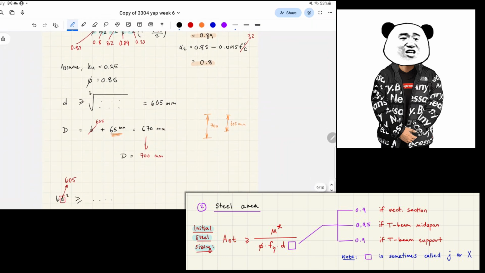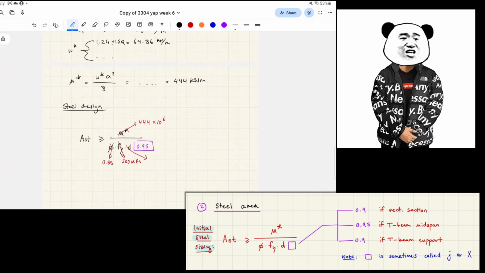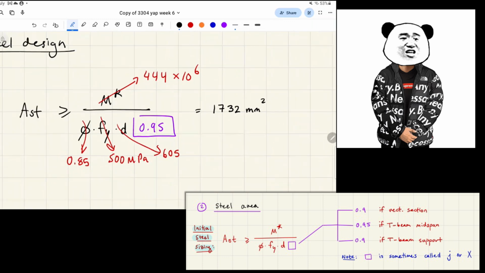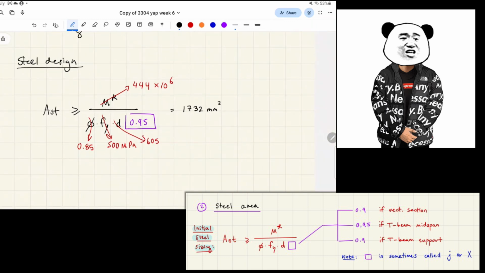What's lowercase d going to be when we plug it in? 605. Very good. So we plug this in, 605. All right, this is going to give us 1732 millimeters squared, right? Okay, so we don't do anything with this yet. All we're saying is that the steel has to be greater than this number, right? But this is an initial sizing. It's actually not going to be the value we're going to use when we're